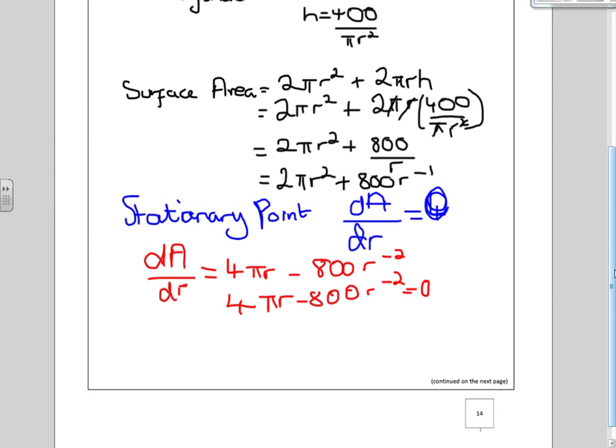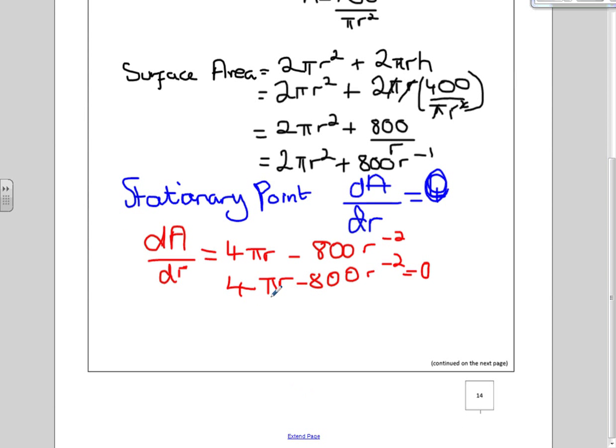So I'm going to take my minus 800 r to the minus 2 over to the other side, which gives me 4 pi r equal to 800 over r squared. Taking r squared to the other side and moving 4 pi down, r cubed is equal to 800 over 4 pi,